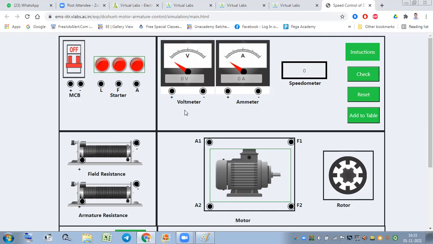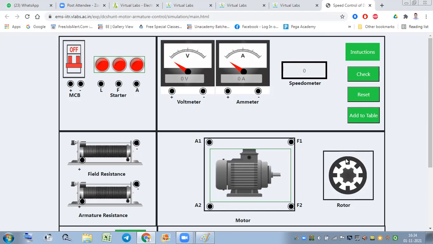One voltmeter is there for measuring the voltage, one ammeter is there for measuring the current, and field resistance and armature resistance are there. You can clearly see at the bottom left-hand side the field resistance and armature resistance. And one DC motor is there. I already told you that A1 and A2 represent the two terminals of the armature winding, and F1 and F2 denote the two terminals of the field. And at the bottom right side you can clearly see